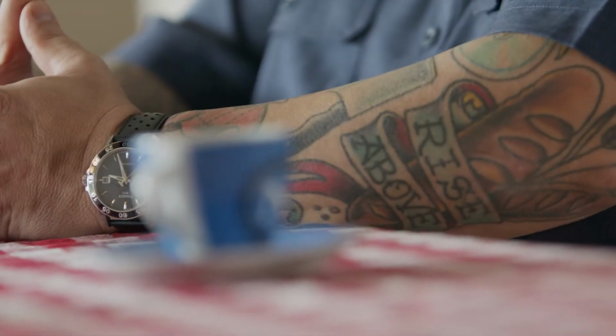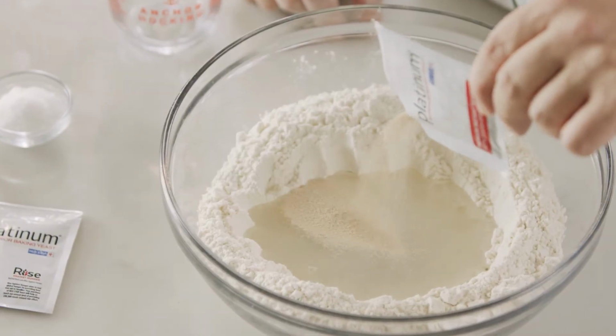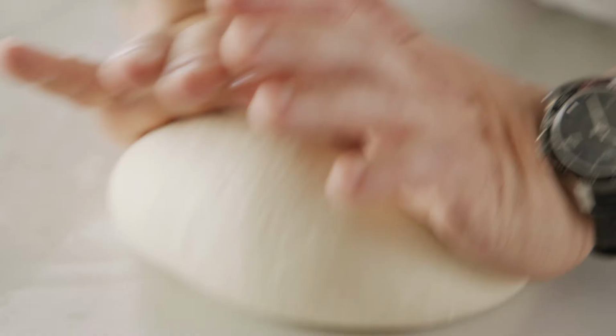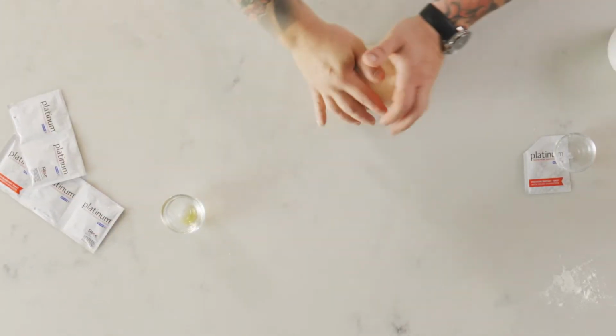I've been making pizza in Chicago since I was a kid. Started at a very young age. And the thing that I always loved about Red Star, this was the same brand that my grandma was using, that my mother was using. And as I continued to grow throughout my career, it was still Red Star that we were using. At the end of the day, I couldn't have created this recipe for you without the help of Platinum Yeast